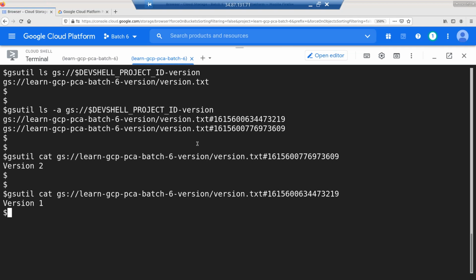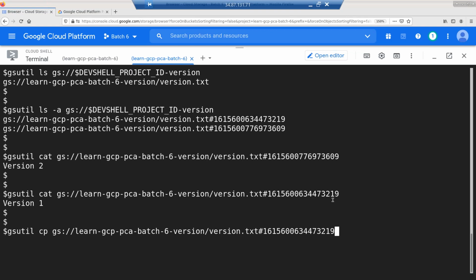Now if I already have this, I can just do a copy from the bucket to the same bucket. When I do that, it's going to create a new version, and I should be able to access it. So the job's so simple because I have turned on versioning. So how do I do this? Basically, I do gsutil cp, where my source is,